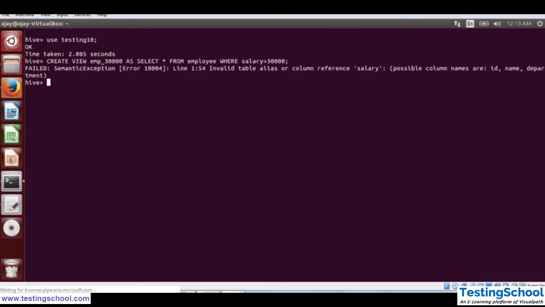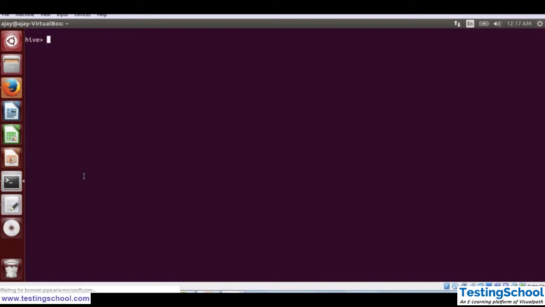Because we don't have salary on that particular table, that's why it is not displaying that. Let's create a table on which we can create our views.